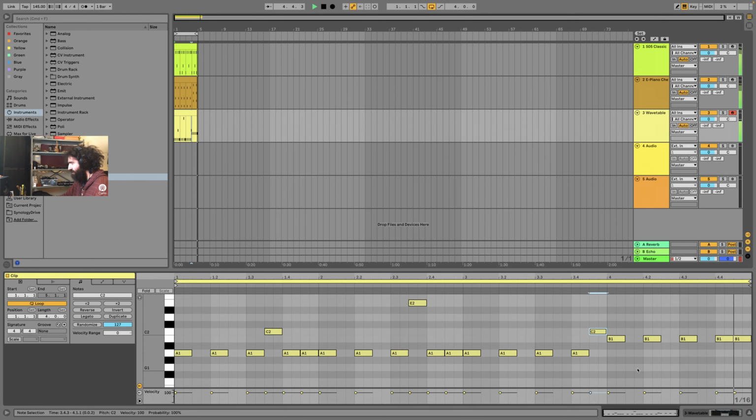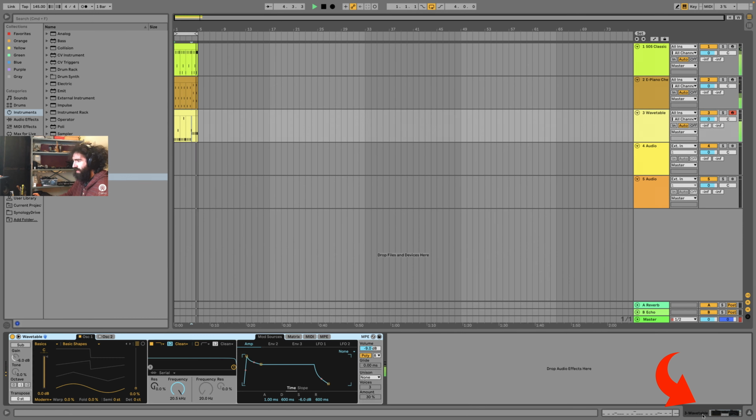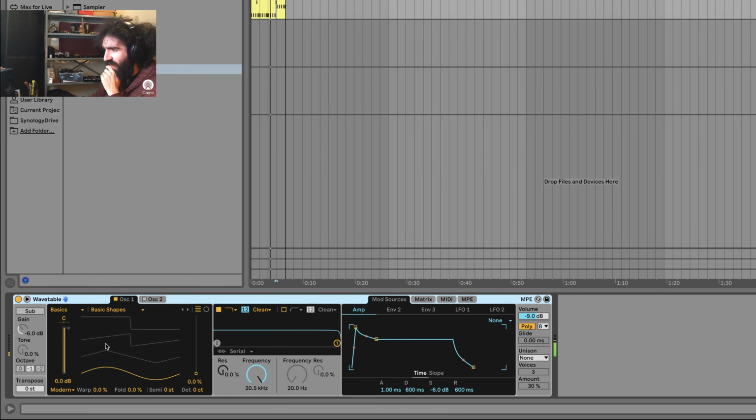So let's go and shape the sound. We'll click down here on Wavetable, leave the MIDI editing, and go into the sound design for this little synth. If you don't know anything about sound design, maybe this looks a little intimidating, but basically it's actually quite